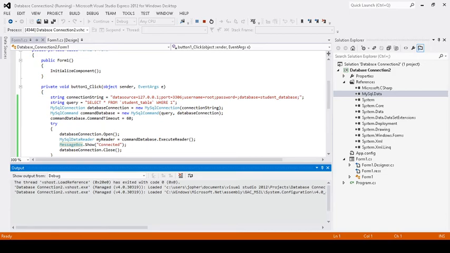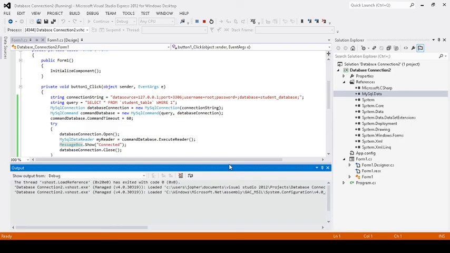Okay, so let me show you the output. So this is the output.